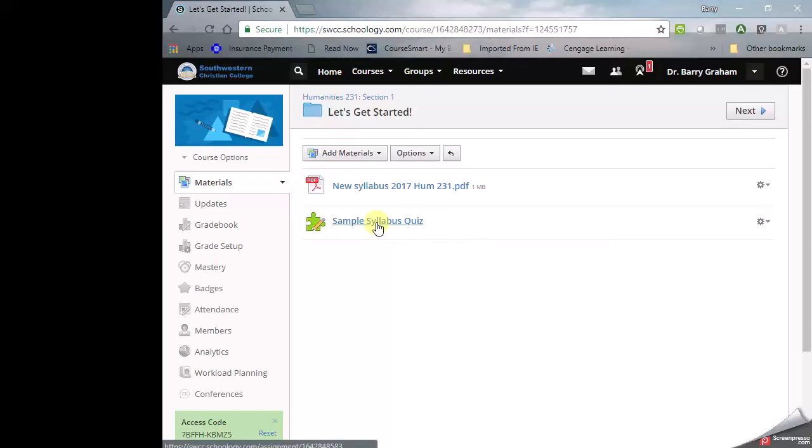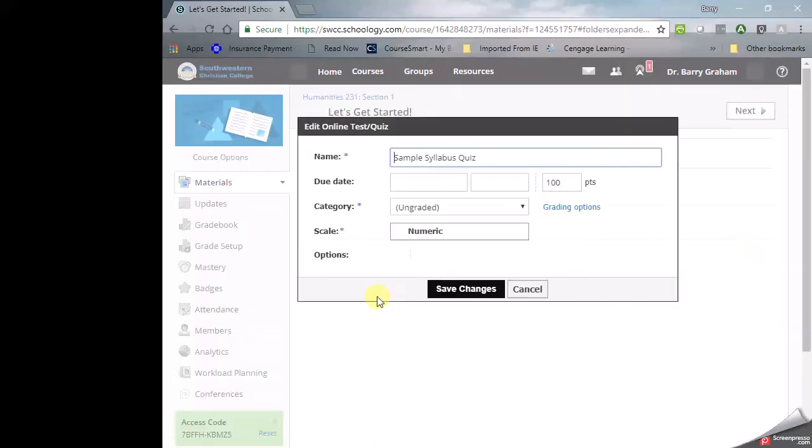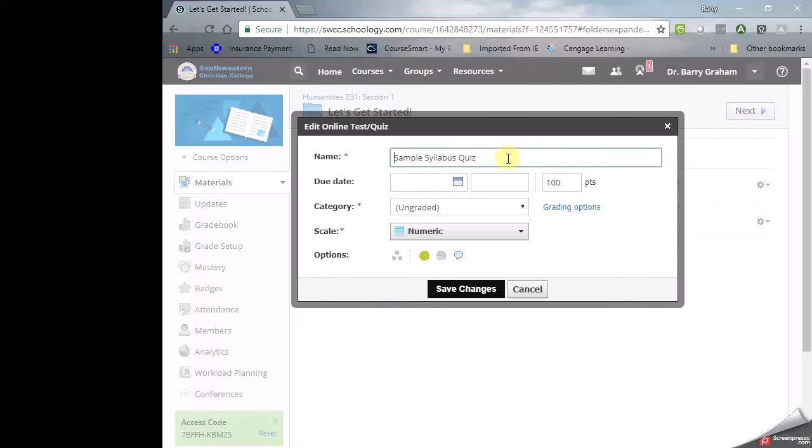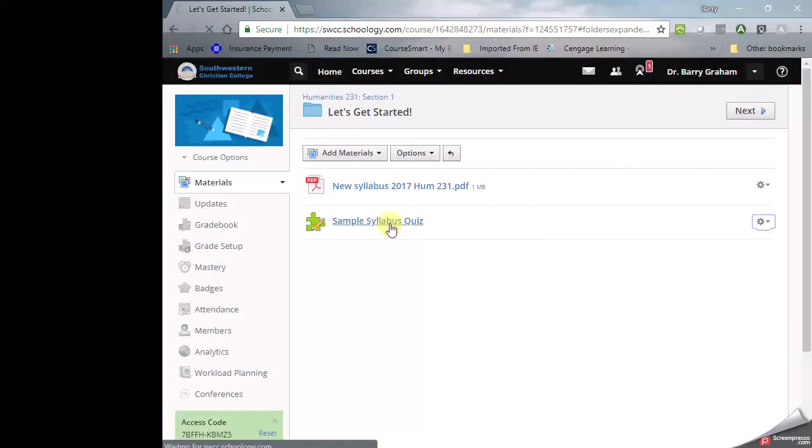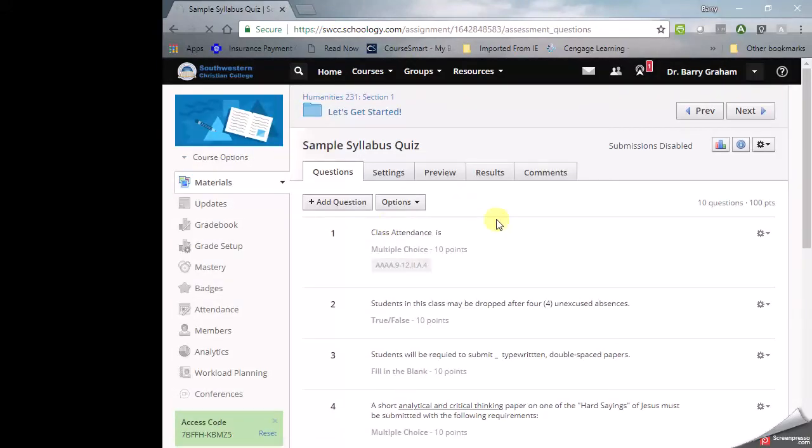And if I do want to create a sample quiz, this one is already set up as a quiz, so if you do want to edit it, you can click on it and change the name to something that might make more sense to you, and you can set it up as a graded category according to the categories that you've created in your grade book. And again, we'll give you training on setting up your grade book if you need it. There's also an excellent video on this Schoology training site that you can get a head start on that if you want to. But now I'm going to click on this quiz since it's already been set up,